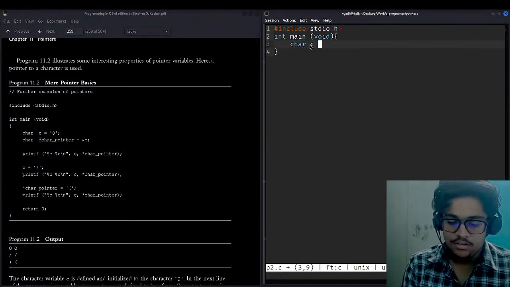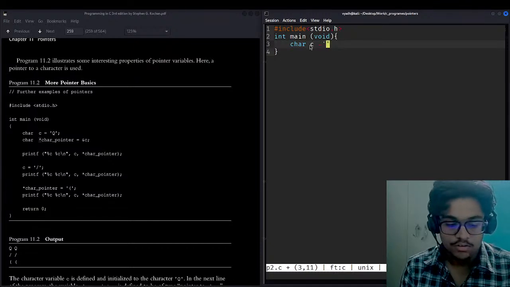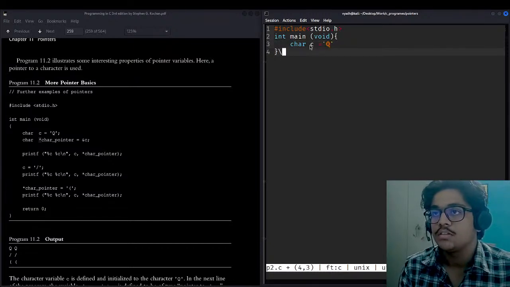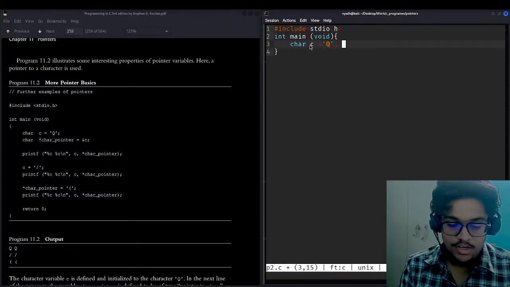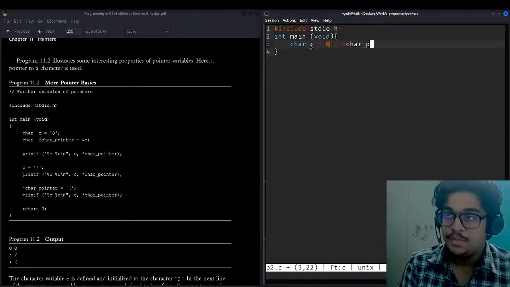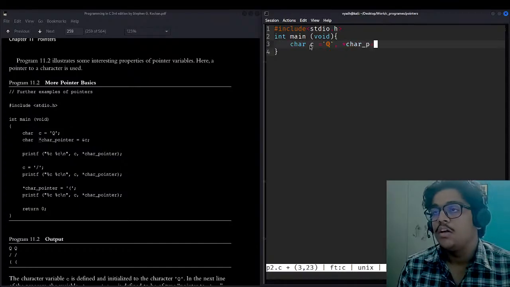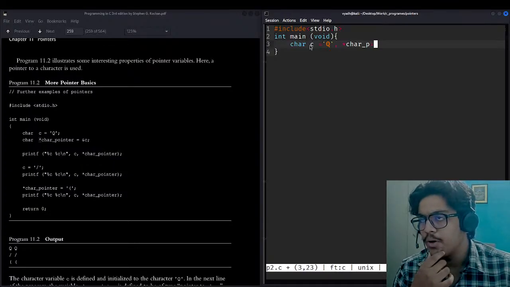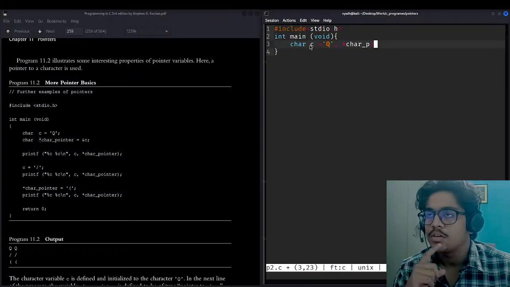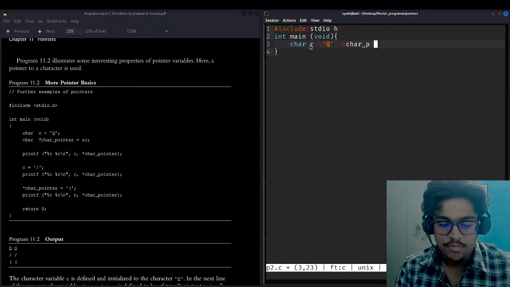Since it is a character c, we can use a capital U to assign this instead. Semicolon. Or we can define another pointer directly, char asterisk p, which equals the address of c, since it is a pointer. For assigning that we use the assignment operator and the address of c.